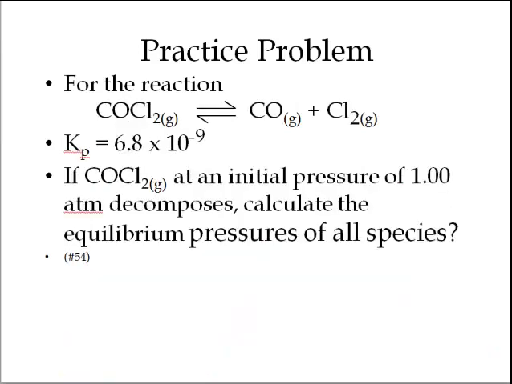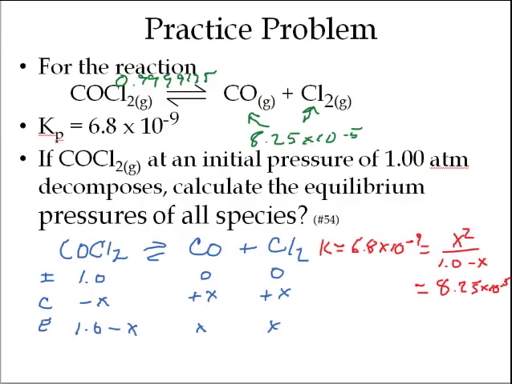So let's do another one. If you want, pause the video. I'll write this out and see if you can get this answer. All right, so did you get this answer right here for x? This is 8.25 times 10 to the minus 5th. Okay, and so what that means is those two concentrations are that, right? And then if I were to subtract that value from x, I would get this number up here,